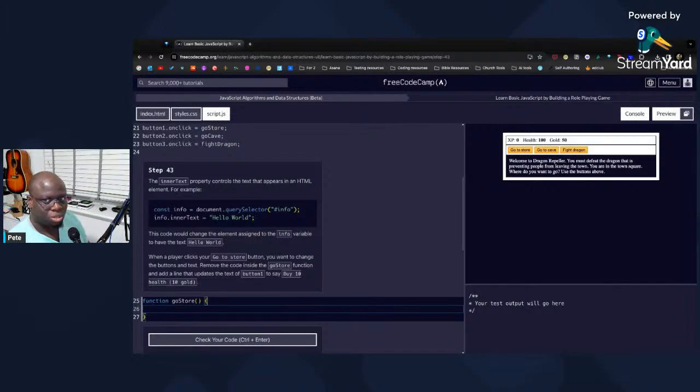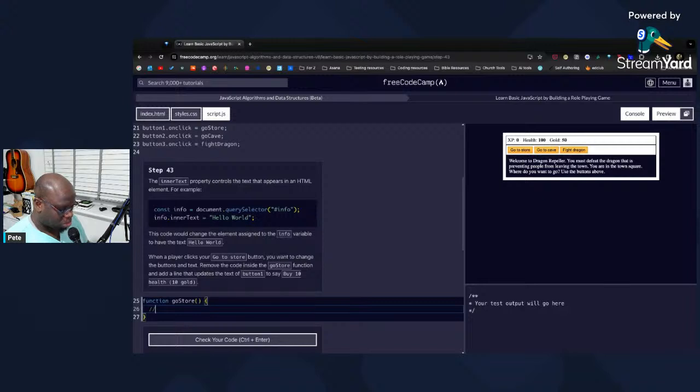I'm going to do pseudotext, and this is probably not where you want to use pseudocode, but pseudocode is where you use comments to lay out the flow of your program, of your code, in plain English, in plain text. So this is something that we learned, and I'm going to do that. I probably don't need to here, but when someone clicks it, we want to change. So someone's clicked the button and they've gone to the store. We want to,